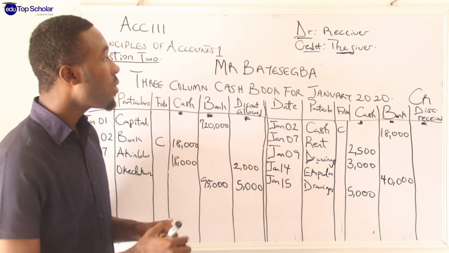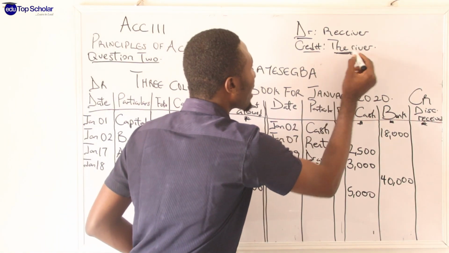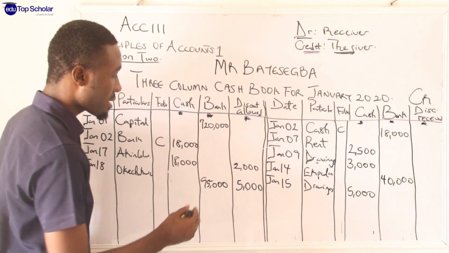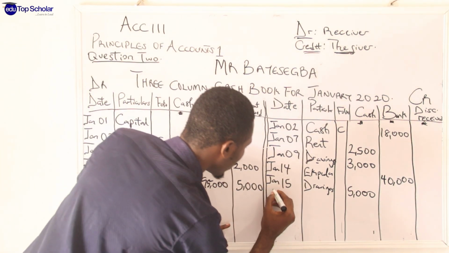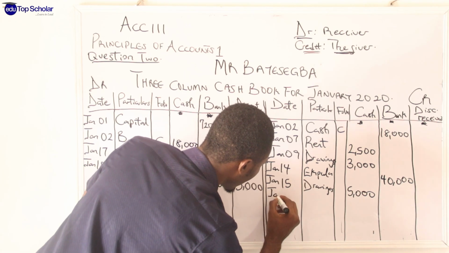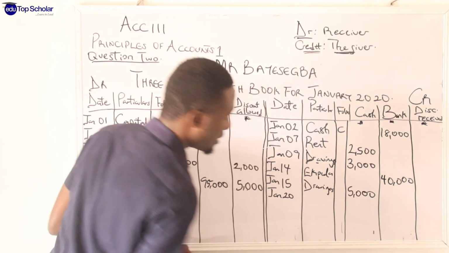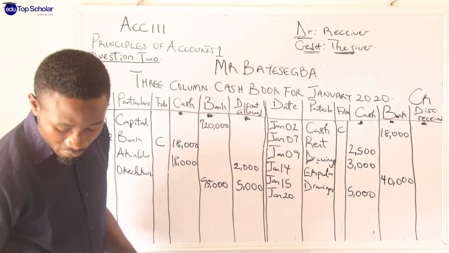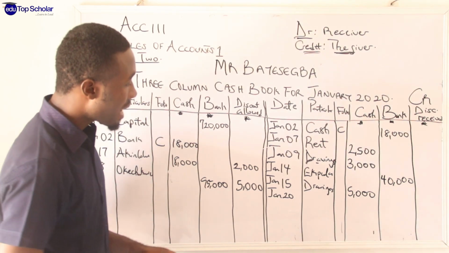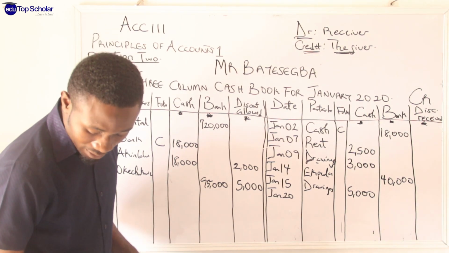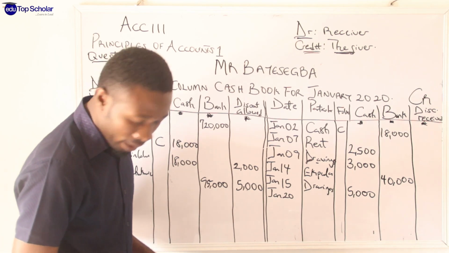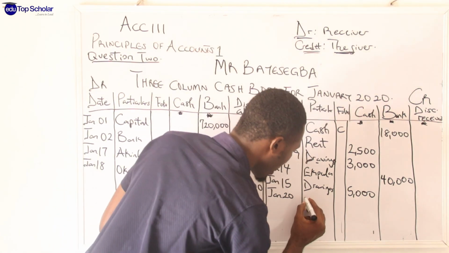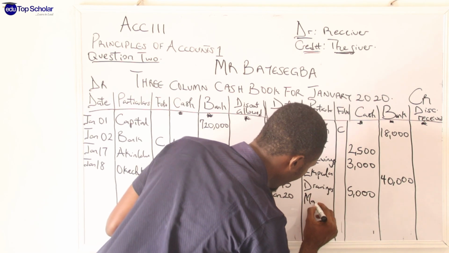And when we are expending money, we are the giver of cash in that case, and we will be credited. So we know that we purchased a car, and it will be recorded on the credit side. January 20. What did he purchase? A motor vehicle from